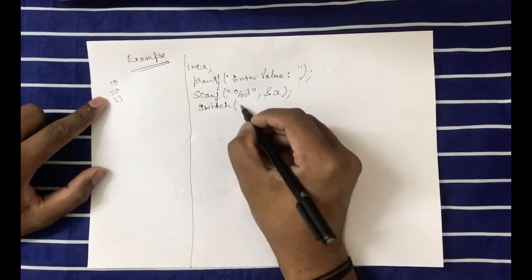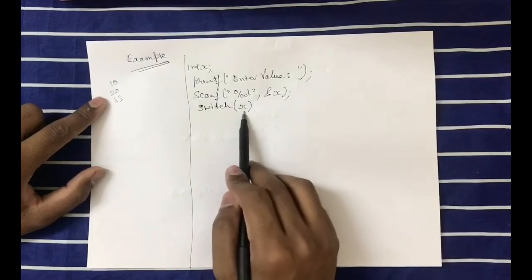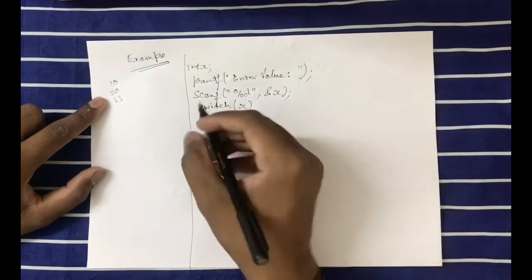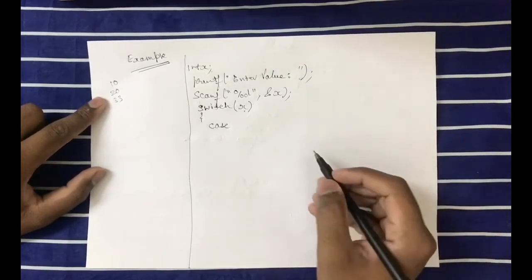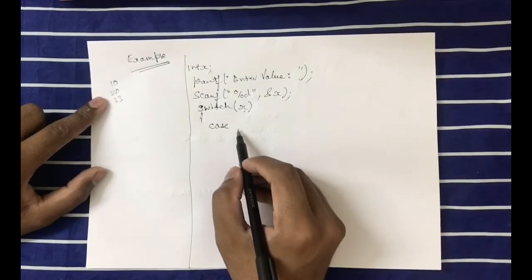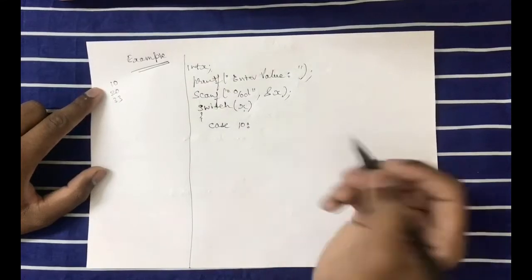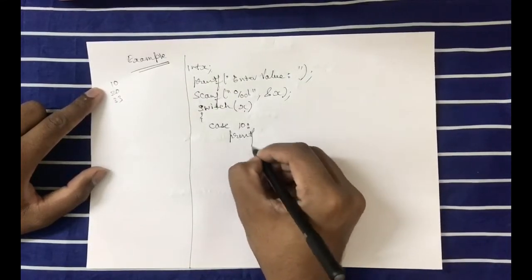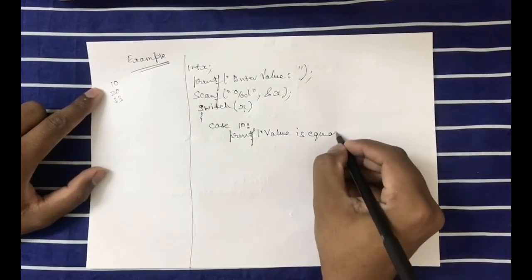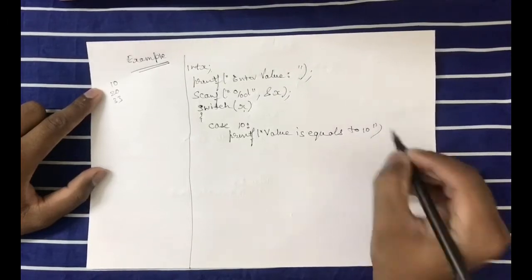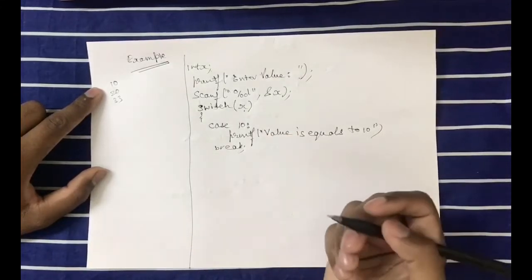and I'll pass the variable over here. I'll just pass the variable because over here we just need to pass the expression. No condition over here like in if. So now I'll pass case. I'll write that value over here which I need to validate. Say I need it to match with 10, so I'll pass 10 over here. Now I'll printf value is equals to 10. Then I'll break the switch. Break means it comes out of the switch command.